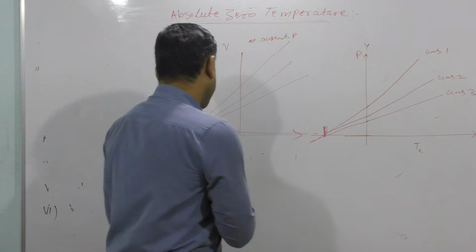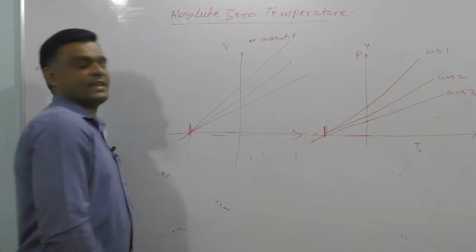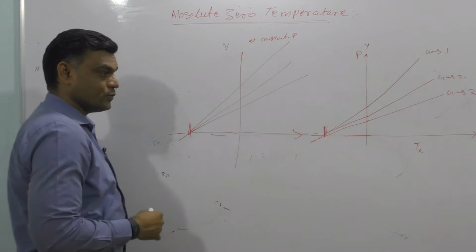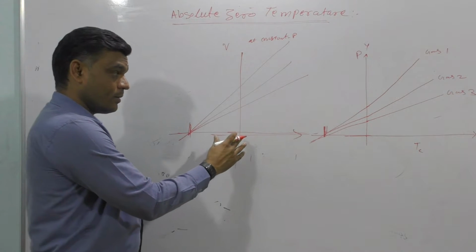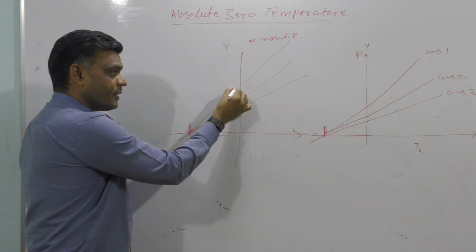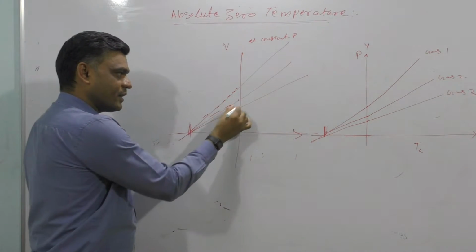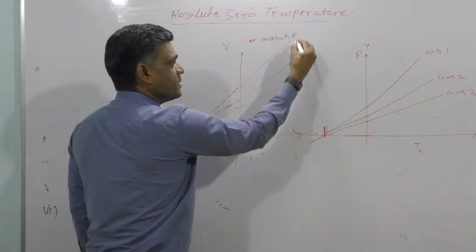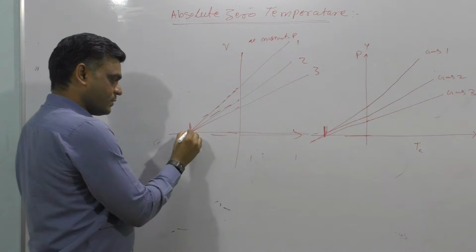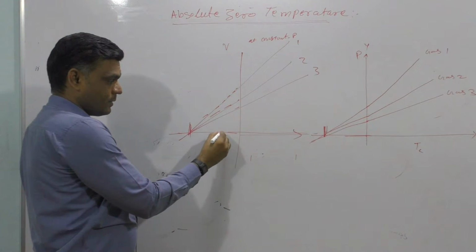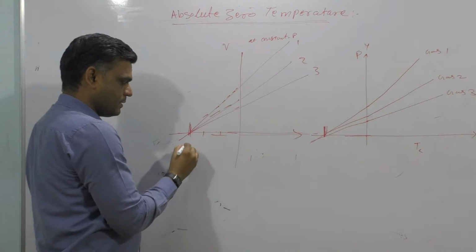Somewhere here they cross the x-axis in negative values. Okay, practically it is not possible, but we extended the line in the backward direction. Say 1, 2, 3 gases. So that value is something